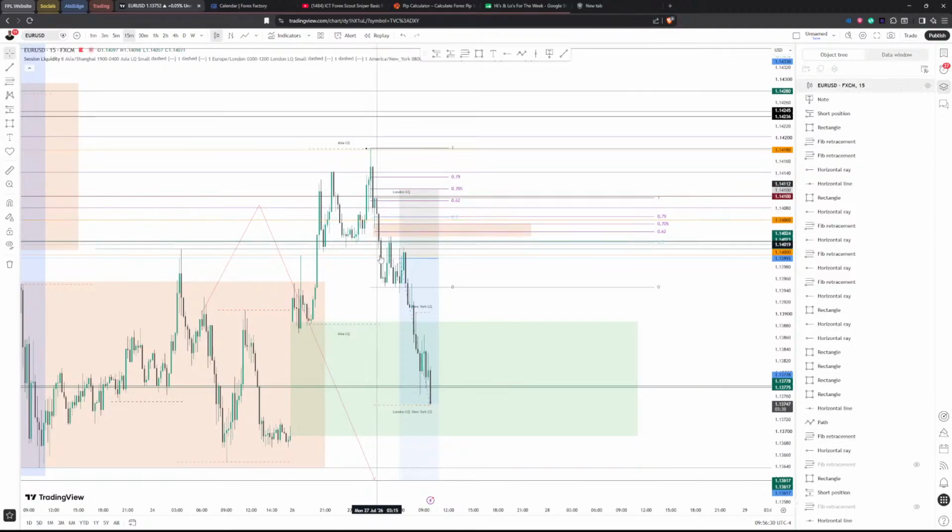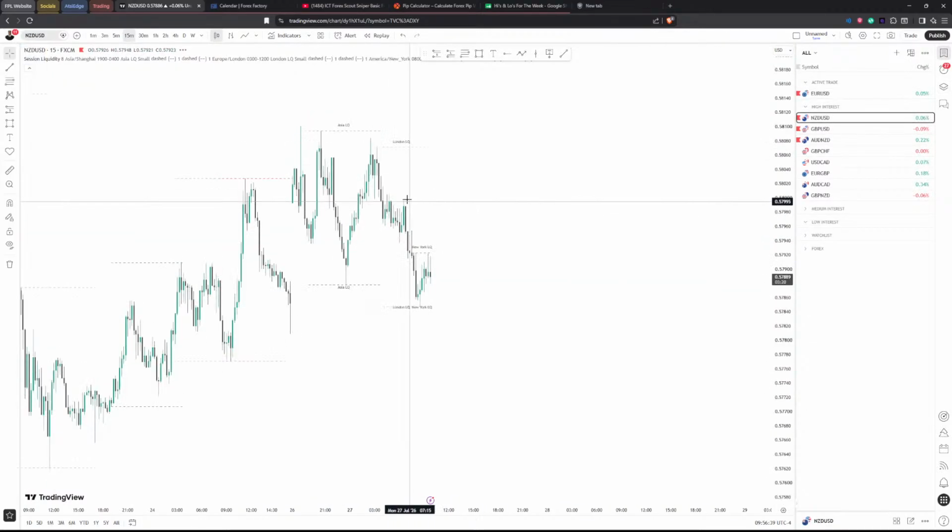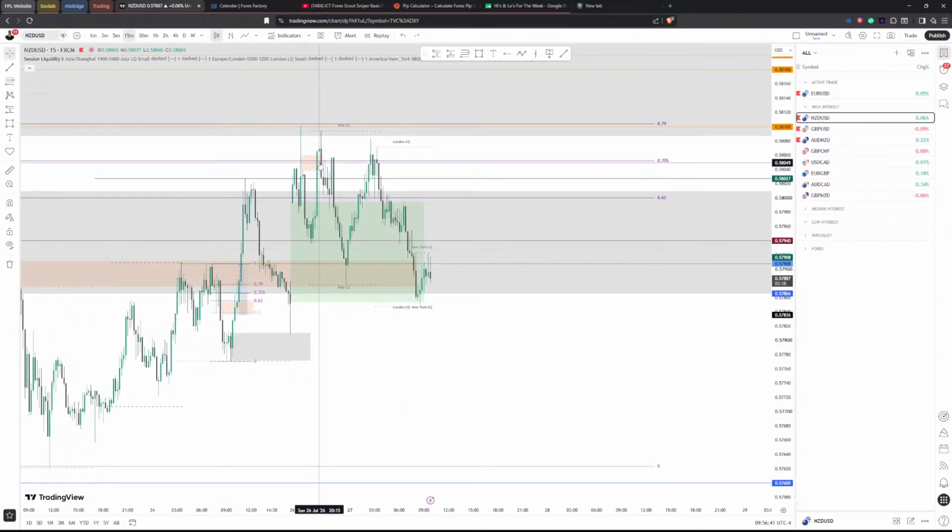Yeah, I was asleep. So price came up to this fair value gap on the 15 minute time frame and touched it here. It was close to it, so I was willing to enter, but I made sure I didn't make the same mistake as I made on NZD USD, where we had a tight stop loss and we could have still been in this trade if we didn't fumble that.